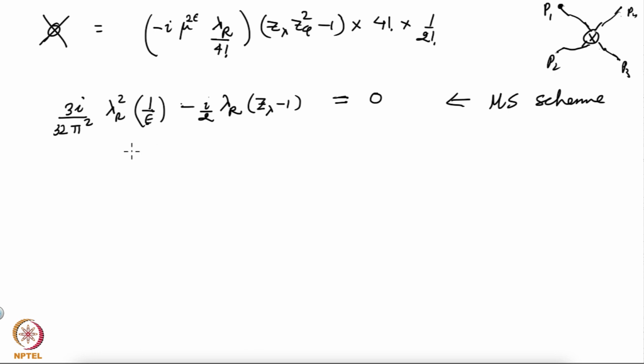Okay, and from here I can find that, so that i goes away, and I get z lambda is equal to 1 plus 3 over 16 pi square lambda r times 1 over epsilon. Okay, you see that with these choices of z m, z lambda and z phi, I can make both the 2-point function and the 4-point function finite. Okay, so let me collect the result here. Z m square was